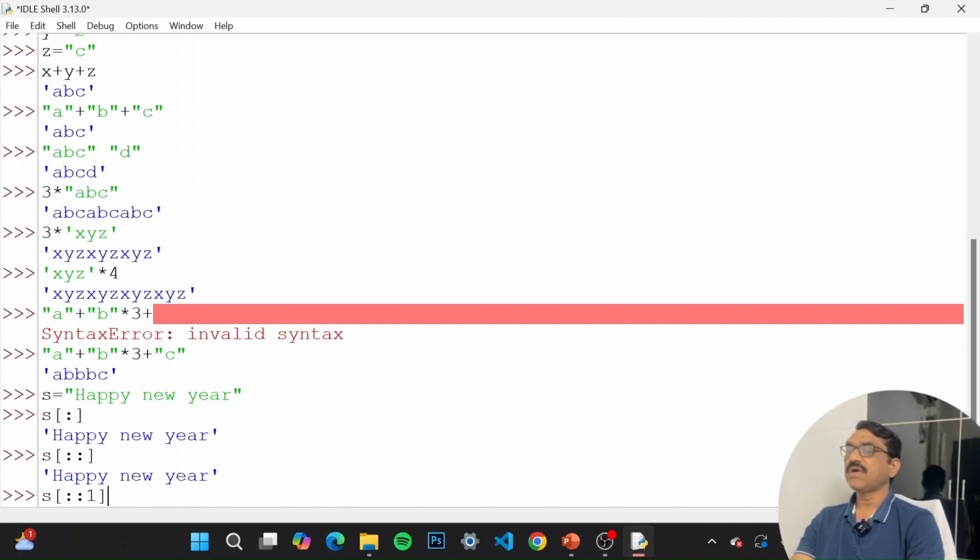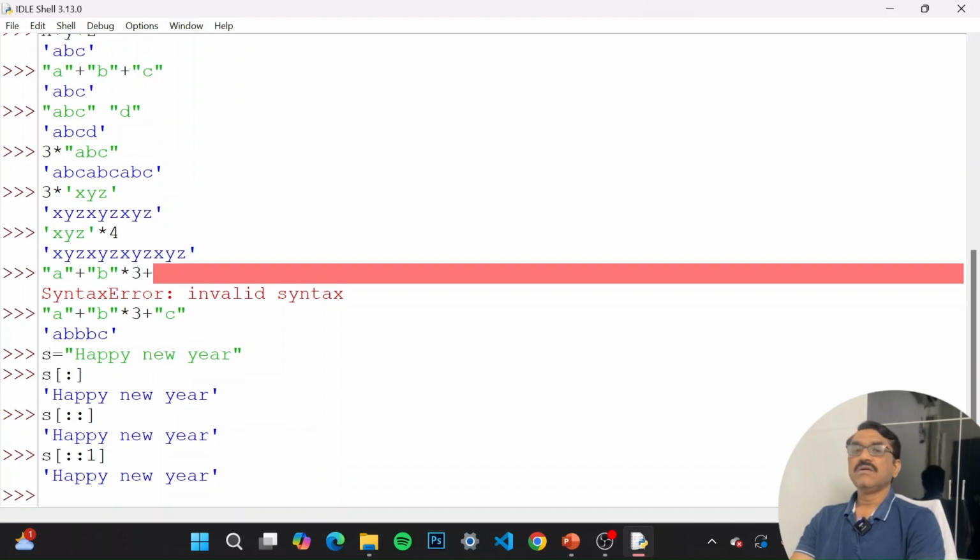So that's why everything is displayed from start index to last index. Now, like I said, if you mention double single quotes, and if you write